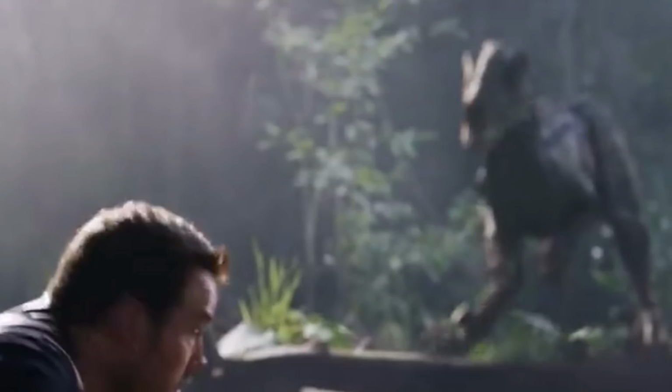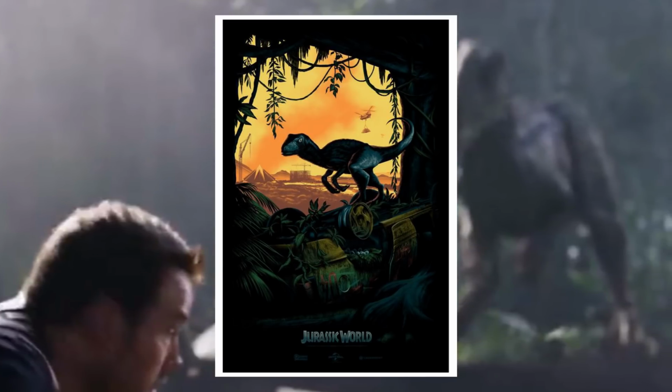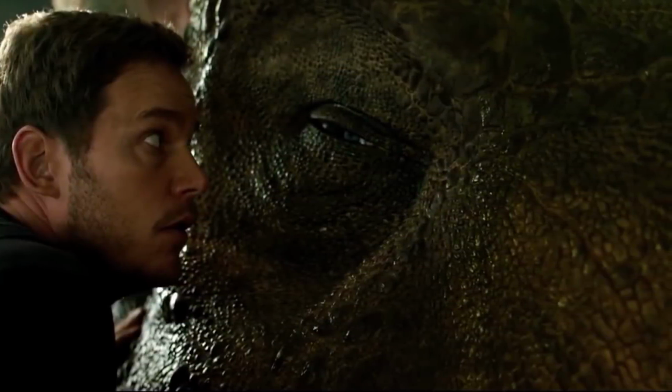Blue then reveals herself to Owen in the wilds of the island by jumping onto an overturned vehicle that I actually believe will be the old Ford Explorer from the original Jurassic Park movie. We're greeted again with the now famous Run teaser, and Trevorrow states that this film will be very different than the last entries, as it's focusing on more of a horror vibe and one that will feature a lot of